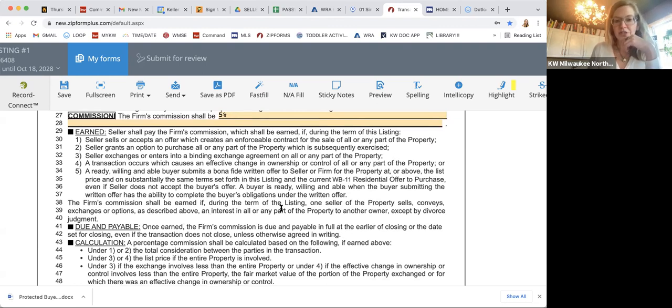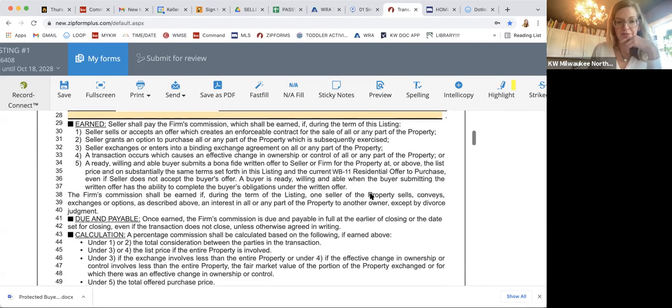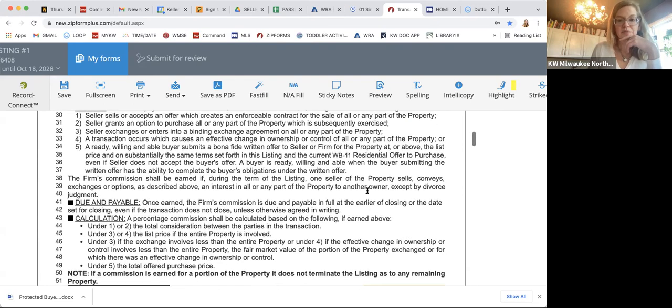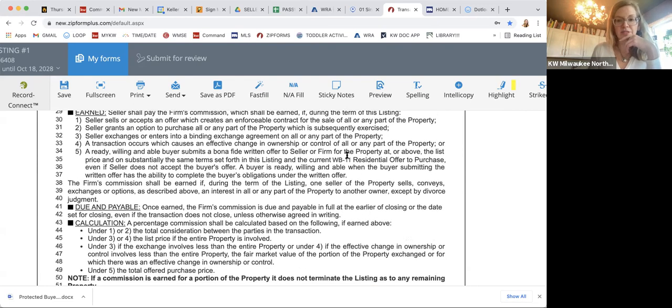Seller grants an option to purchase all or any part of the property which is subsequently exercised. Seller exchanges or enters into a binding exchange agreement on all or any part of the property. A transaction occurs which causes an effective change in ownership or control of all or any part of the property, or, and this one is probably the most common in that we might enforce this commission earned as a firm,